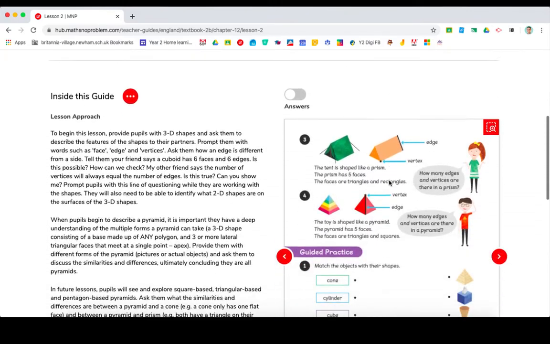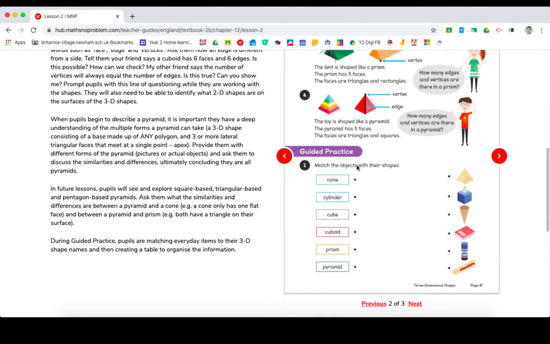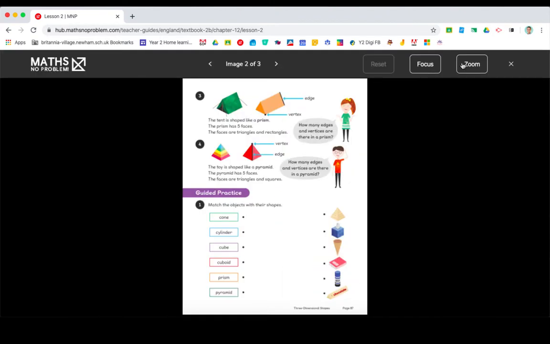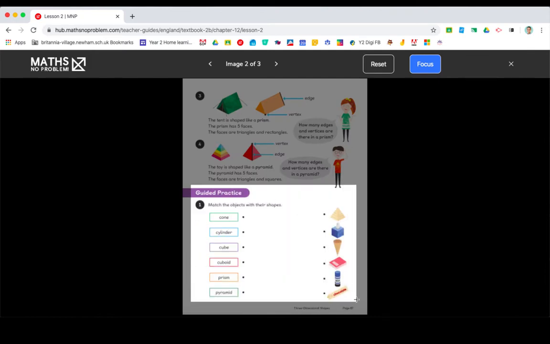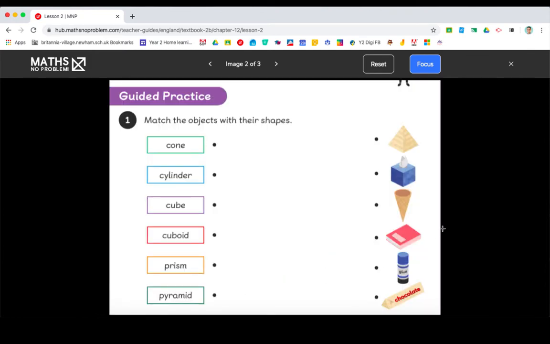This video will show you how you can create a Jamboard that has some tasks or work that students can complete. So first of all, you need to get whatever it is you want the students to do. So I've got a bit of a worksheet here, and I'm just going to zoom in and then take a